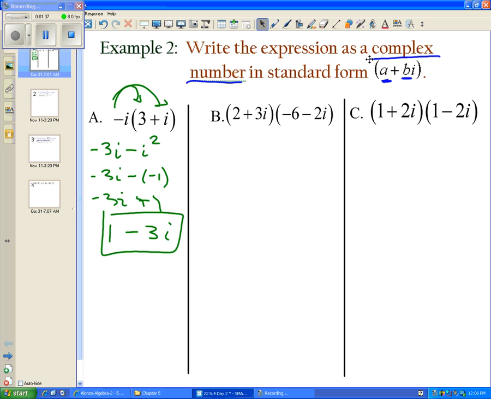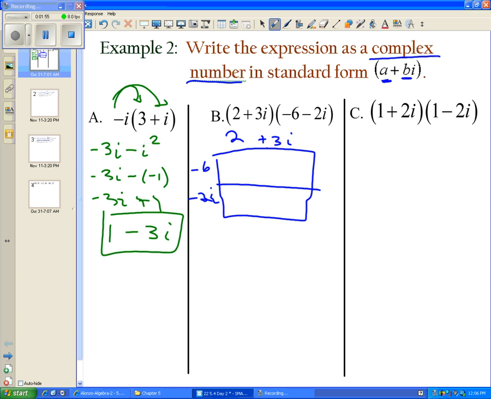Let's look at part B. In part B, I have to FOIL, or I could use the box method. If I go ahead and use the box method, I put 2 plus 3i along the top, negative 6 minus 2i along the side. Draw my boxes. 2 times negative 6 is negative 12. 3i times negative 6 is negative 18i. 3i times negative 2i is negative 6i